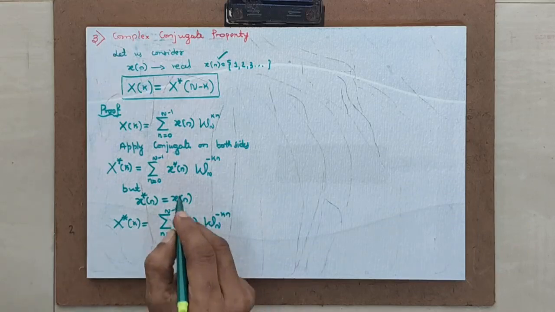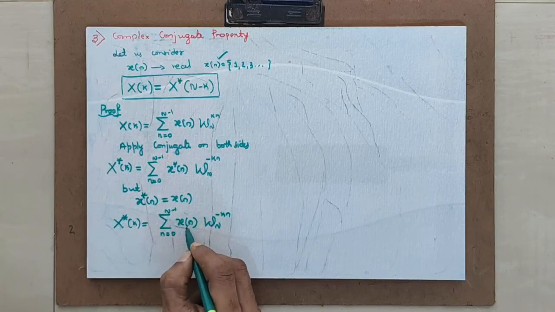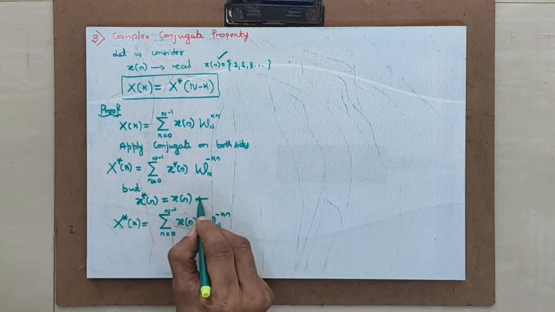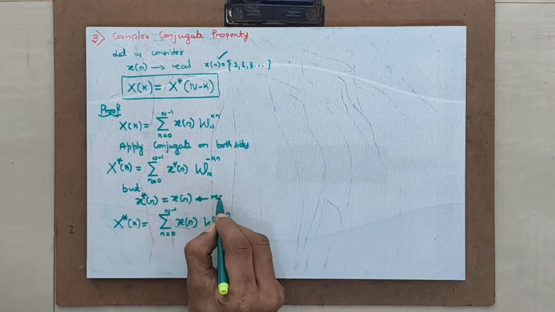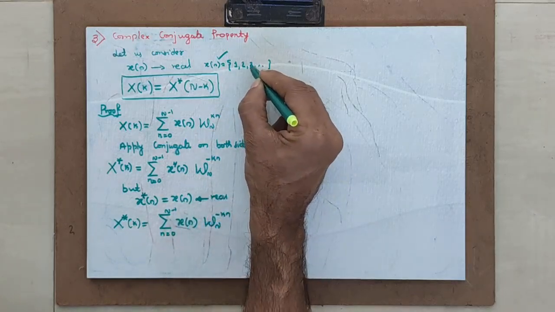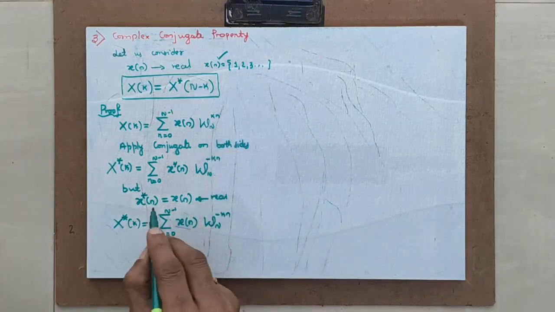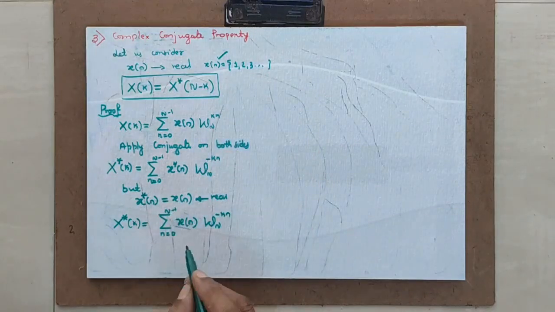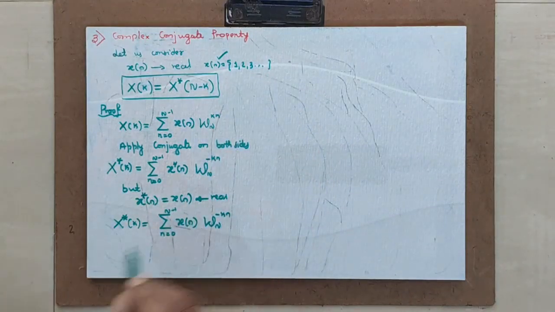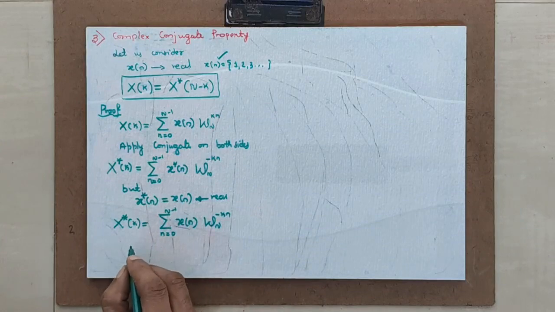Why did I replace x conjugate of n with x of n? Because x of n is real. Real means what? 1, 2, 3. There are no j terms. Hence x conjugate of n is directly equal to x of n. Now let us take one factor here. Consider